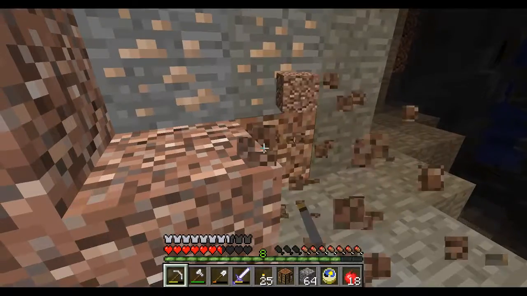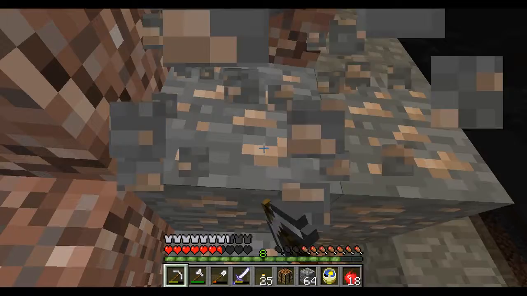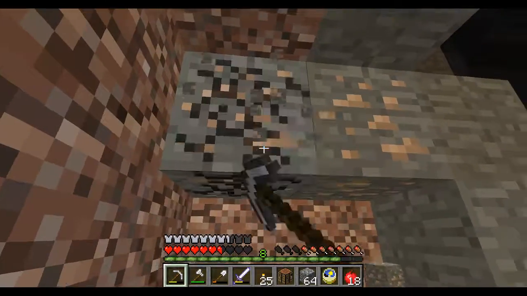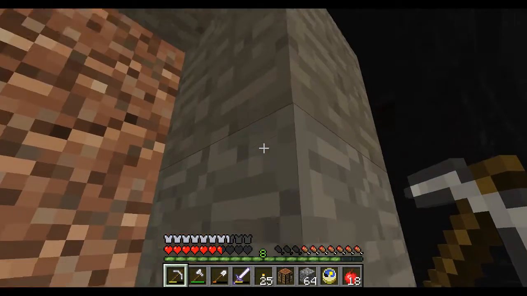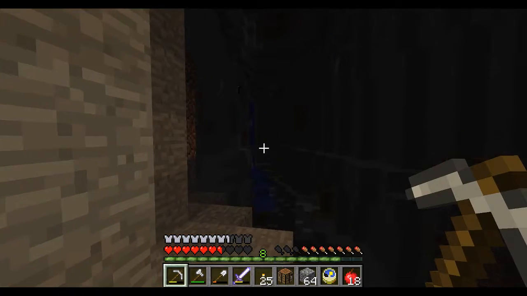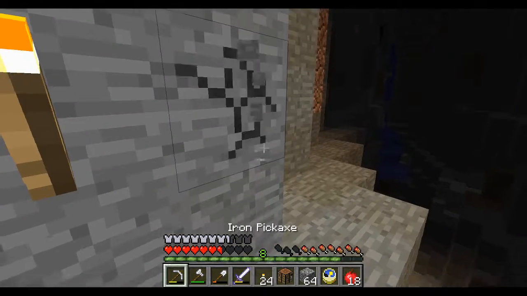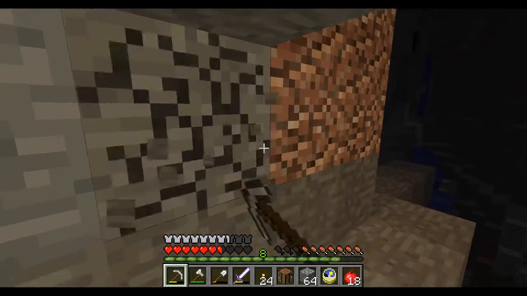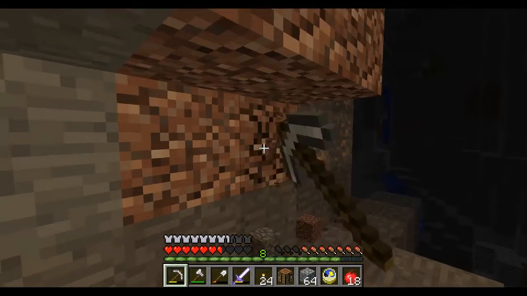What I may do, although I'll get the achievement if I do it off camera, because I was gonna say what I may do is just dig around and see if I can find it. But I think you get the achievement if you step inside the stronghold. I think. I could be wrong about that. Let's just dig around here for a little bit more. I know I'm kind of extending this episode out a little bit, but...